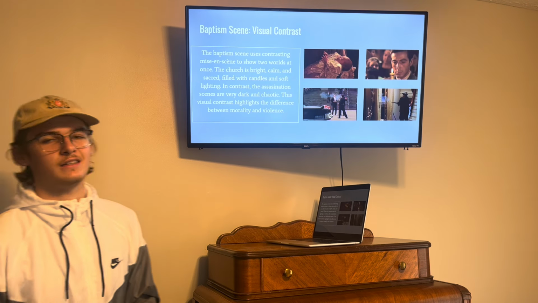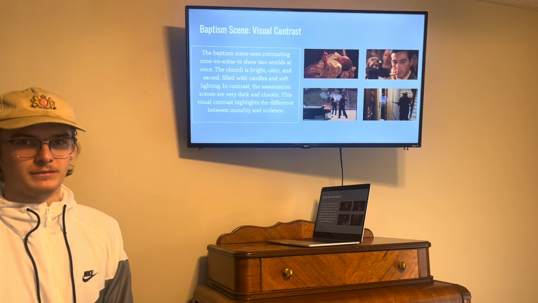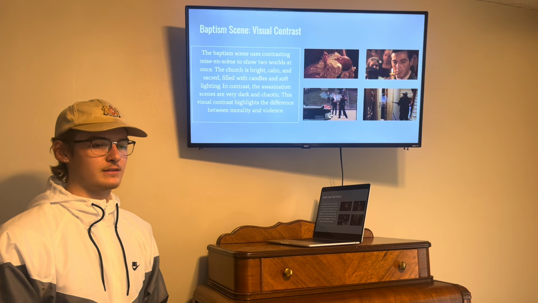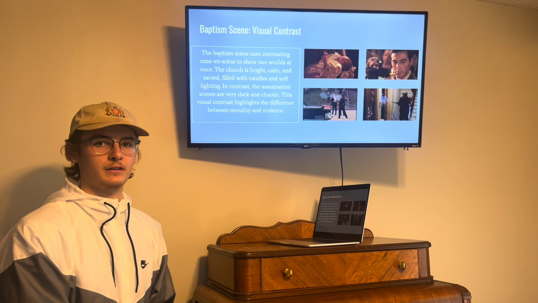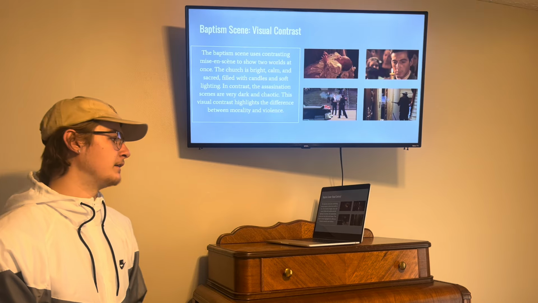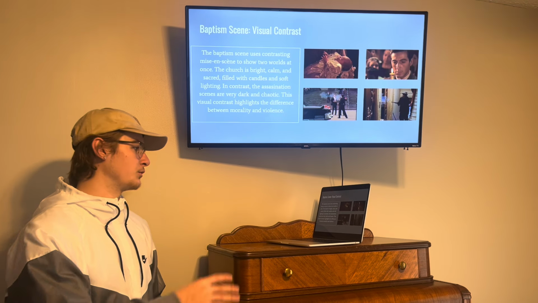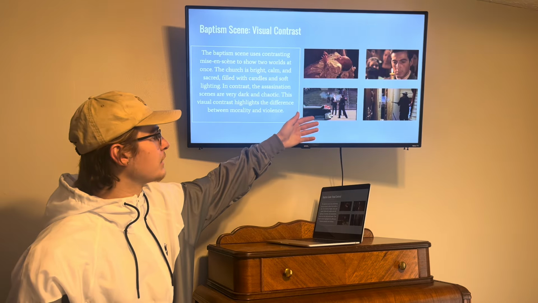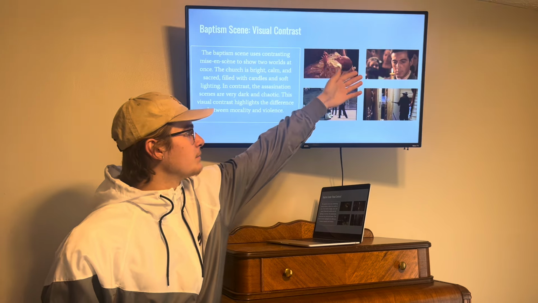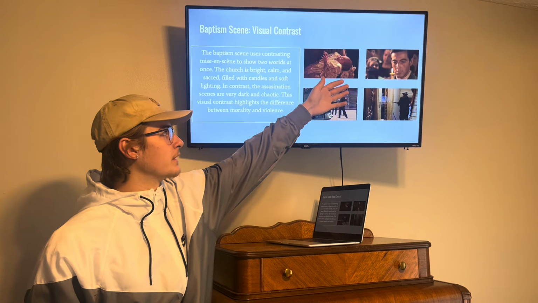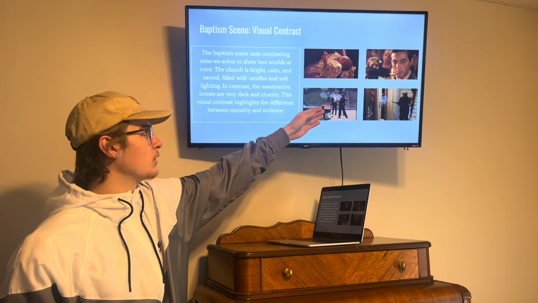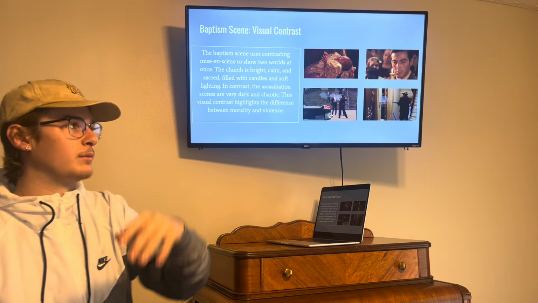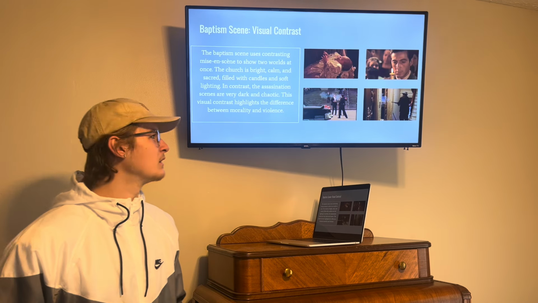And the next scene that I wanted to talk about was the baptism scene, where Michael Corleone is at the baptism while at the same time he is orchestrating murders outside of that. And it's shown just through expressions and lighting. You can see the pictures that I chose for this. You've got the actual scene of the baptism with his calm, collected face, and then on the other hand, what's going on outside of that. This only shows about 2 of the murders, but I believe he orchestrated 4 at the time.